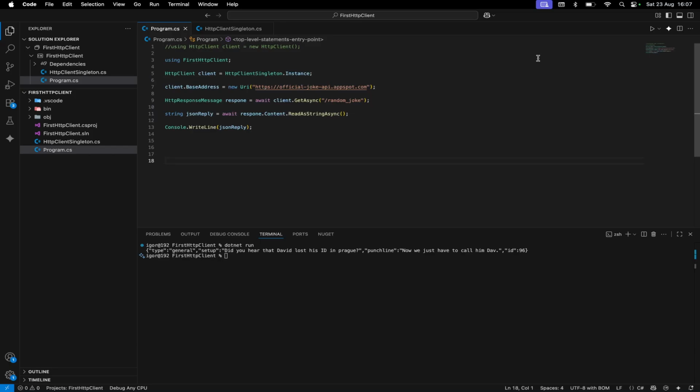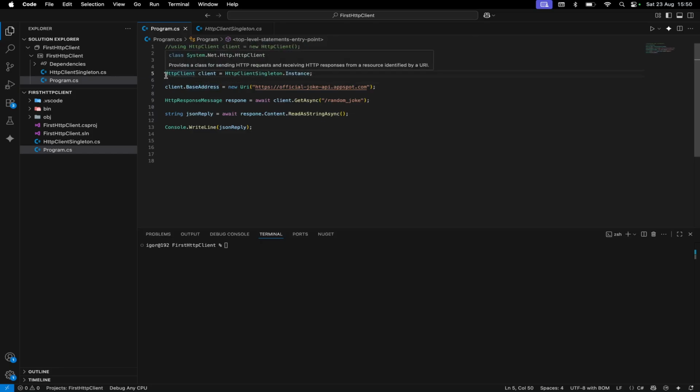And that's as easy as it sounds. We just need to make some small changes to our code, and let's see how to code it. The first thing that I did in the code is I commented the first line where we are using the HTTP client by just creating a new HTTP client. And then I added this line, HTTP client equals HTTP client singleton dot instance, and this is the class that